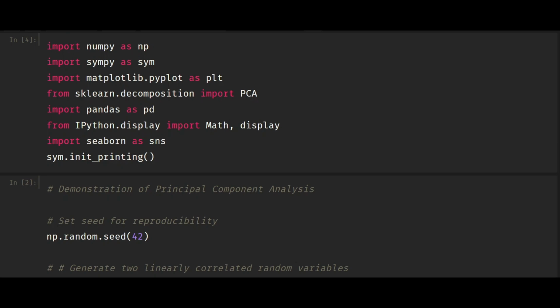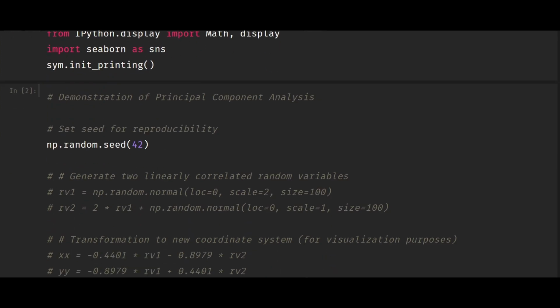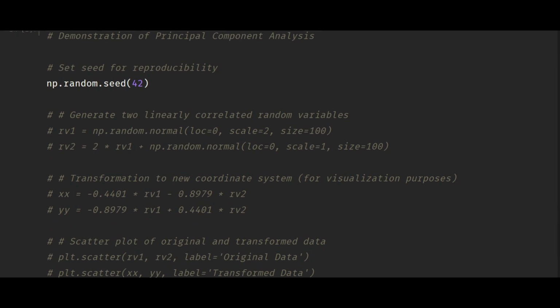Welcome. In this tutorial, we will have a look at the practical applications of eigenvalue decomposition, and more so that of principal component analysis that it facilitates. Let's get started. I will load some libraries here and I'll set a random seed for reproducibility since we are